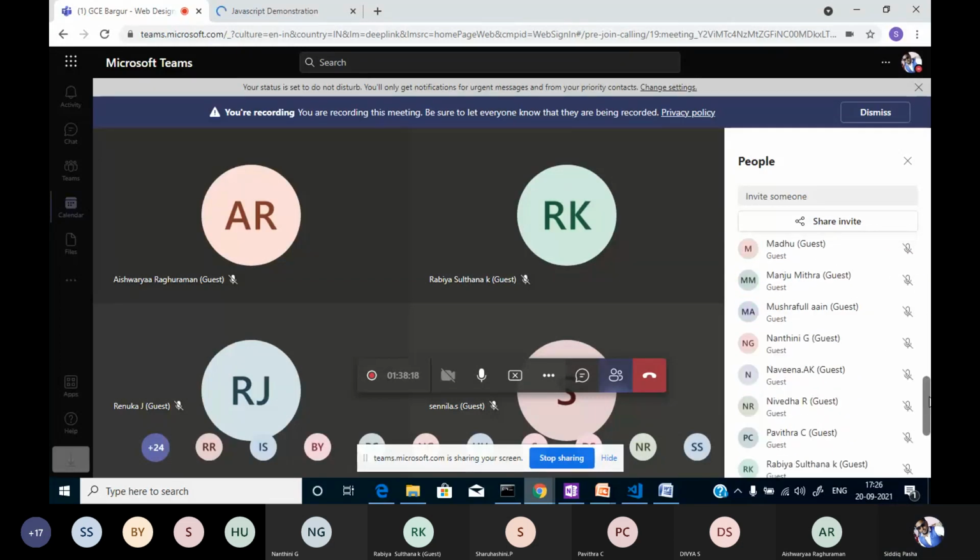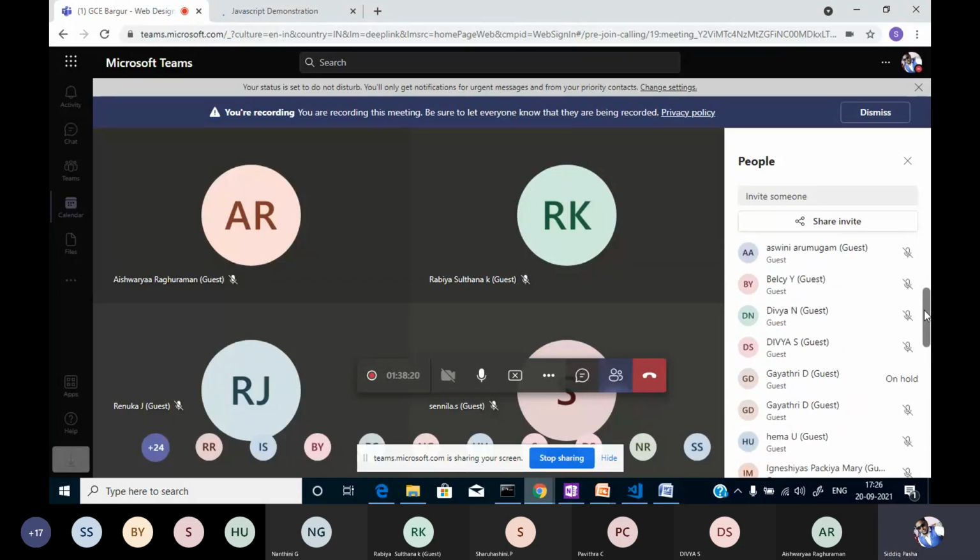Okay, fine, perfect. Students, if you have any doubts, and I hope you are accessing the content from the LMS portal. You can visit the LMS portal, access the content, and make sure that you are working on it, right? Because as I told earlier, programming is what?